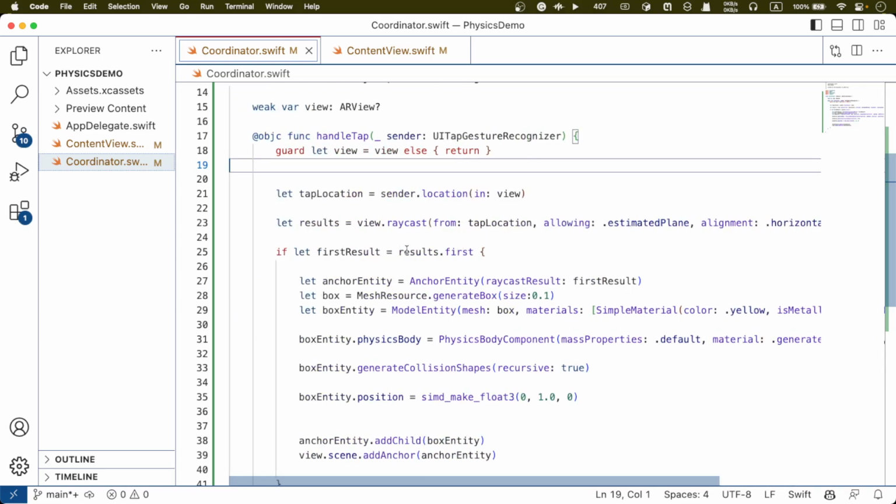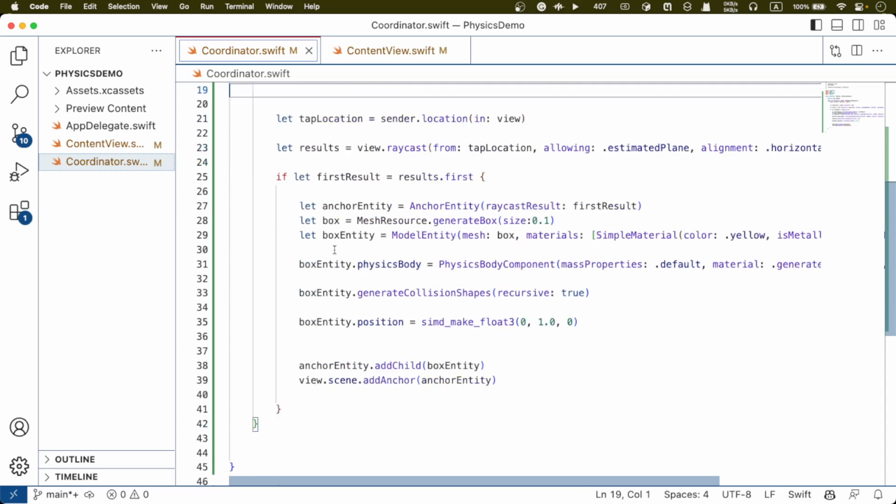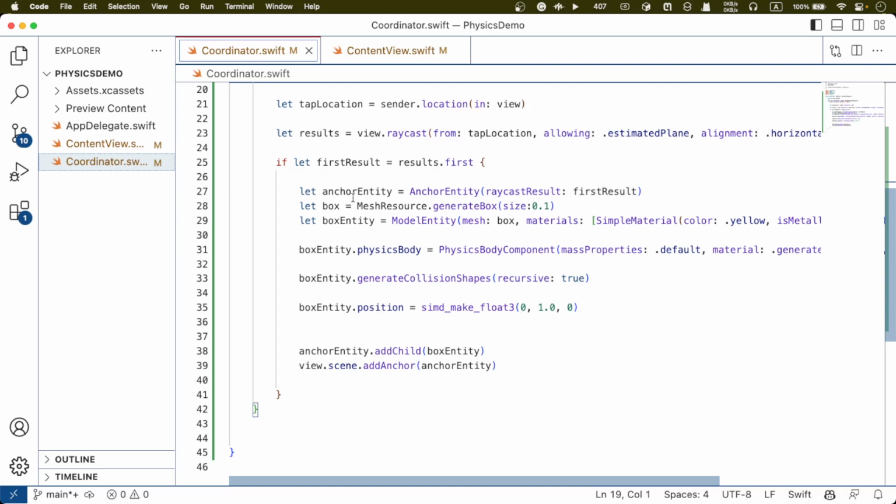We get a lot of results, and we grab our first result and add an anchor entity as a generator box, add a box entity, and we give that box entity a physical body and generate a collision shape. We sort of enclose it like a collider, and we put a position. Okay,